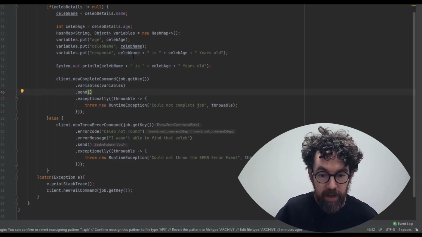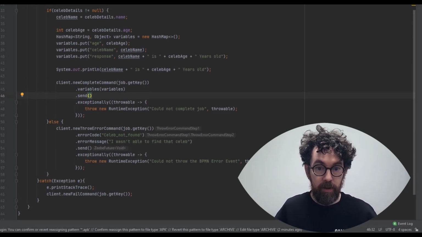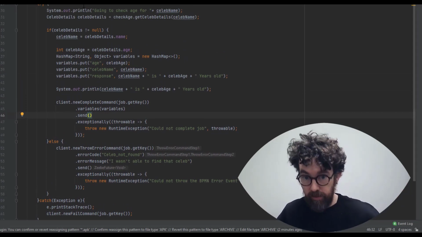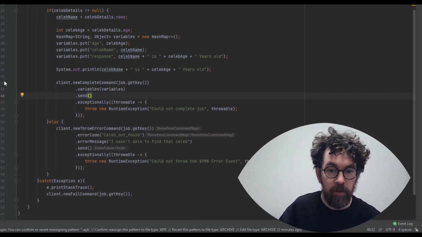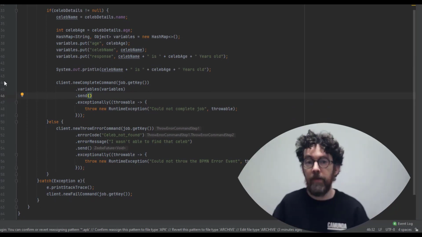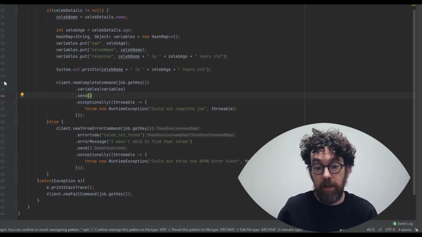We're good. Now, if something went wrong, if in actual fact we queried for the celebrity, but we got back a null value, that means the celebrity wasn't found. It's a very specific error. It means that we were able to contact the server, we were able to do everything correctly, except we simply couldn't find the celebrity.